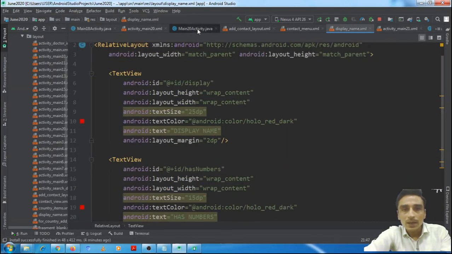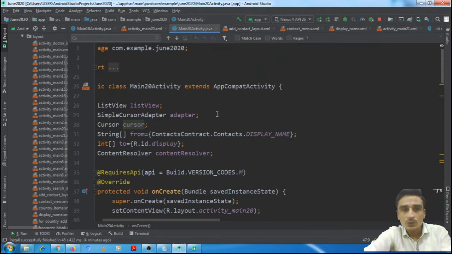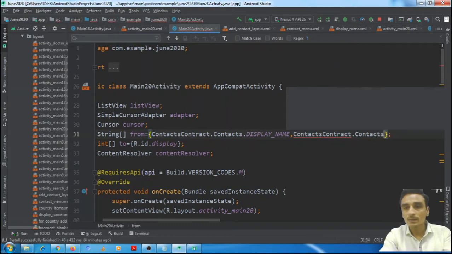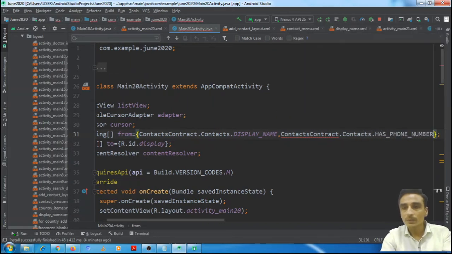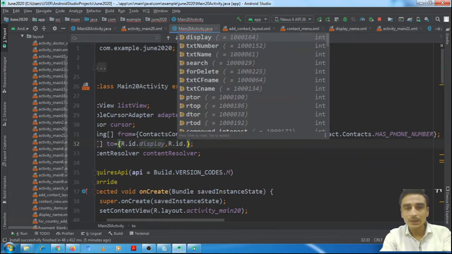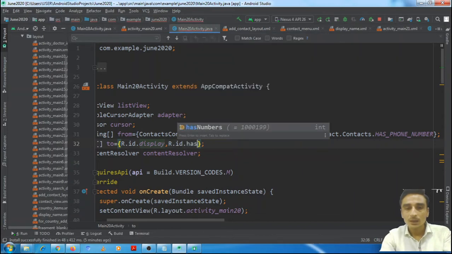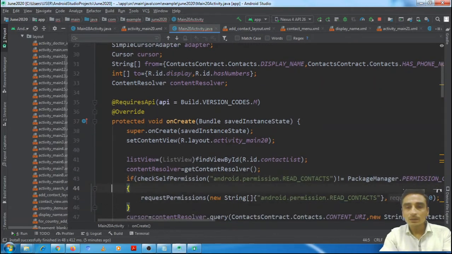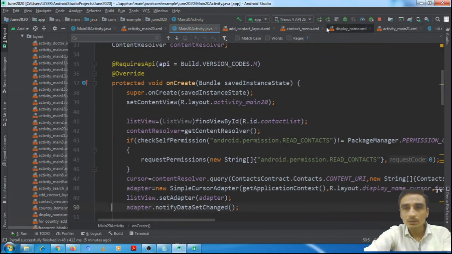Now, as there are two text views in our from, we have to mention contact contract dot has phone number, and in the to, we have to pass the ID of the text view. Now it is very simple. Everything is done. Let us check it.